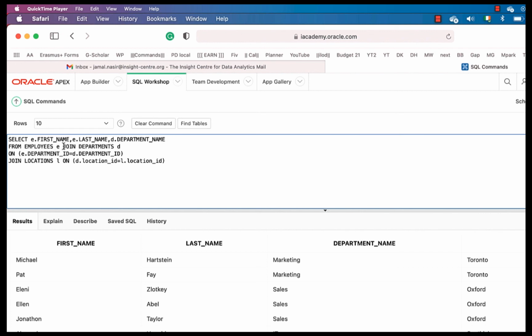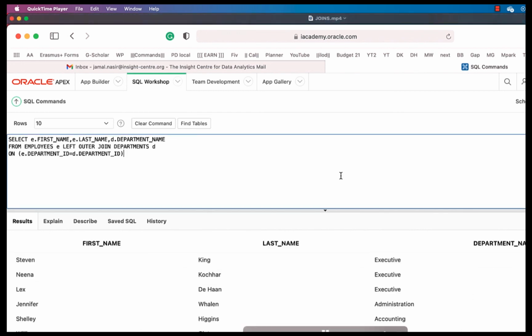So we can test some left outer join. We will remove this, so instead of join, we are saying left outer join. So what does this left outer mean? We need data from employees. Left means the left table.